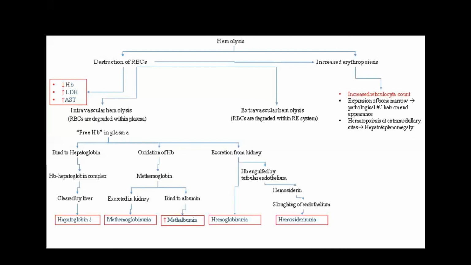Got it? Now the extravascular hemolysis. The most common site is the spleen, so the most common feature will be splenomegaly. In extravascular hemolysis, the hemoglobin is not being lost, so it will get metabolized into bilirubin. So will bilirubin be relatively more in extravascular or intravascular? Extravascular. Apart from that, will this be conjugated or unconjugated? Predominantly unconjugated.